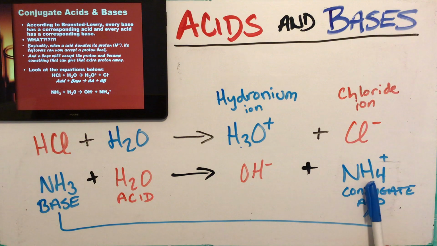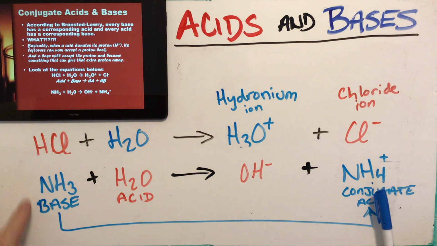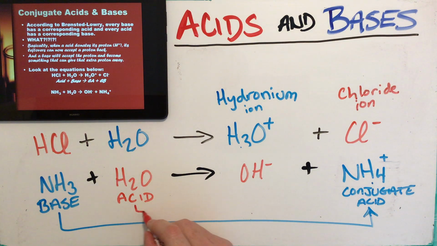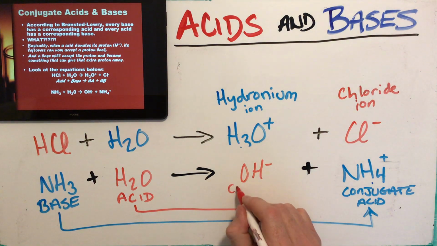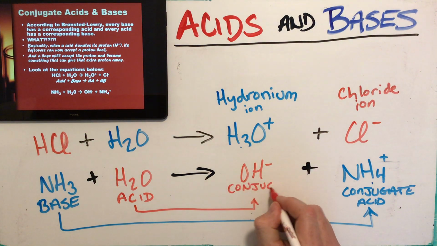Why is it a conjugate acid? Because NH4 could get rid of that extra proton. It could give off that extra proton and go back to being NH3. If you give off protons, you're an acid. The base forms the acid. And here is my acid. The water gave off the hydrogen, and what was left over was this. This is my conjugate